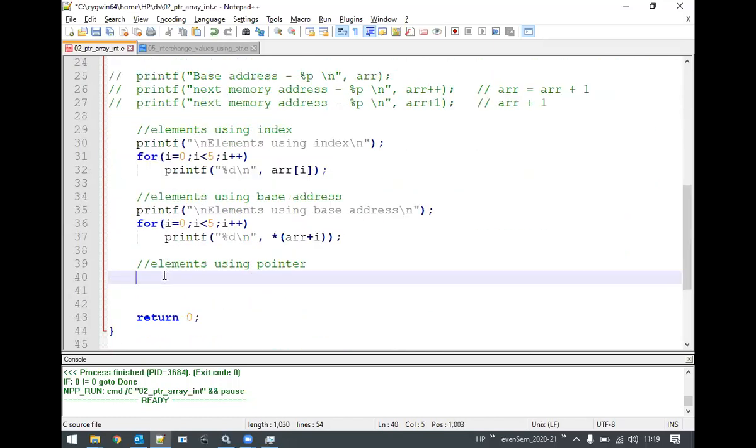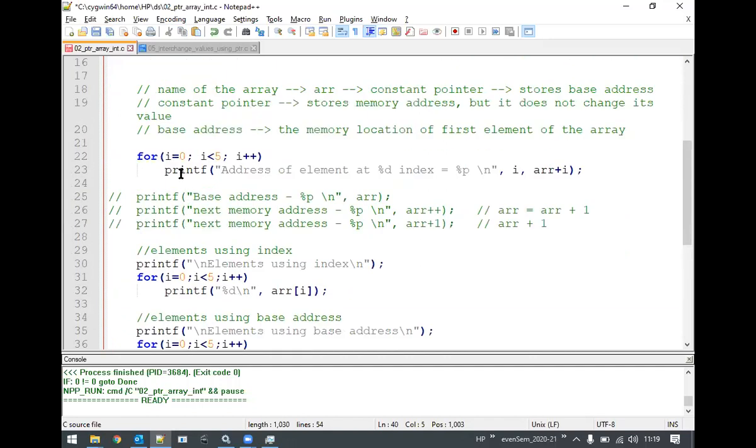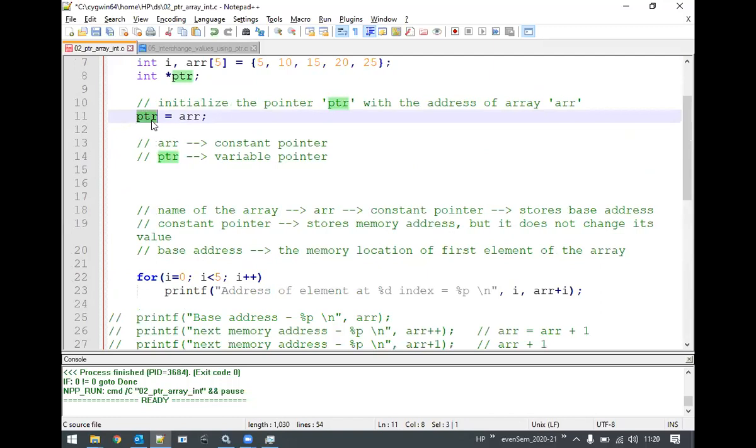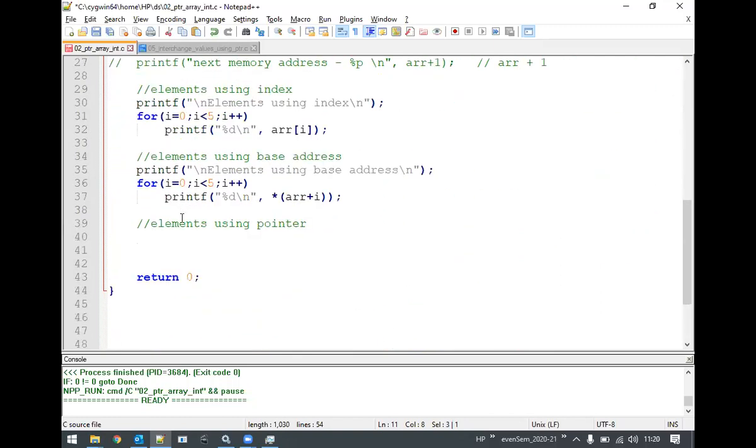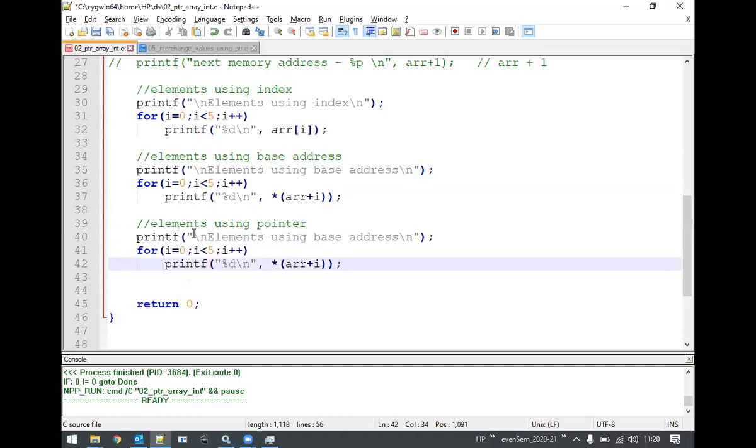Right now we want to access the elements of the array using the pointer which we have initialized. Again I require similar line statements, only one particular word I am going to change. So, accessing the elements using pointer.